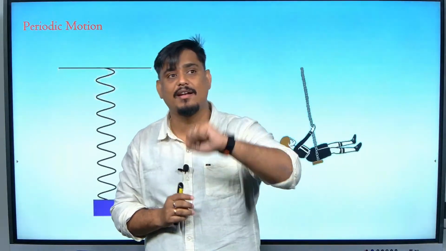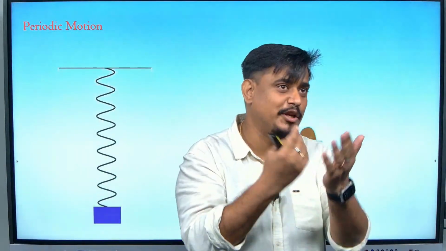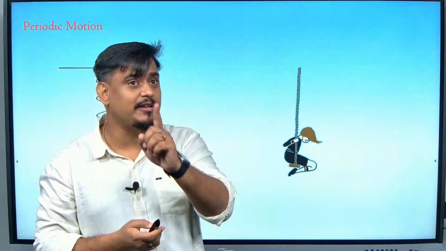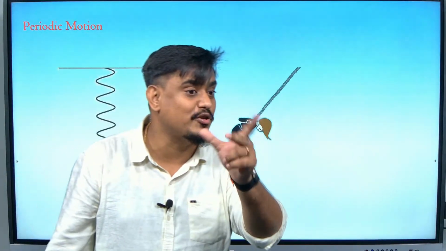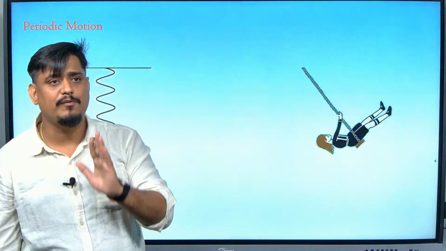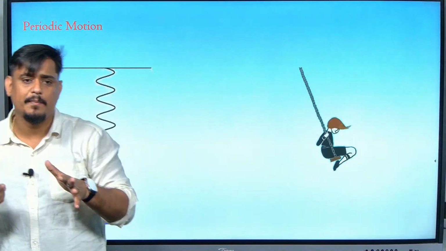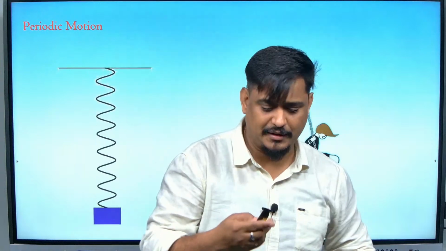Same happens for the fan, Rakshana. When you start the fan, it is not periodic. When you stop the fan, it is not periodic. But for a certain amount of time when the fan runs, it becomes periodic. Am I right? Because for periodic motion, it should repeat itself in a certain interval of time. The time should not change. Initially, it will be slowly starting, isn't it? And when it moves with full velocity, it takes its constant speed. Once again, when you increase the speed, its velocity will change. So periodic motion is only for a fixed amount of time when it is moving in a particular time interval.